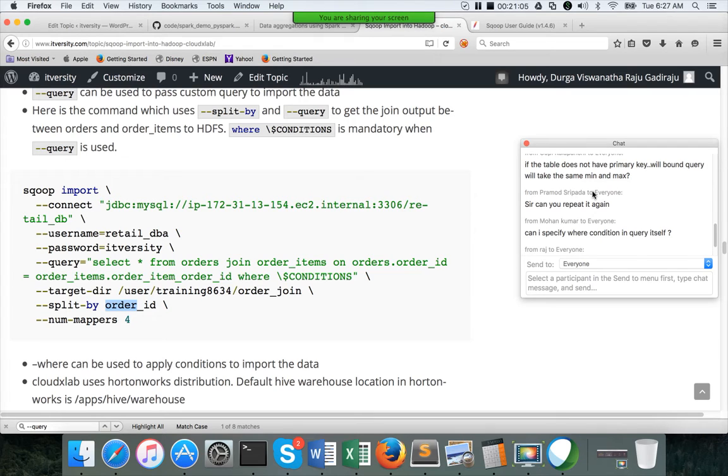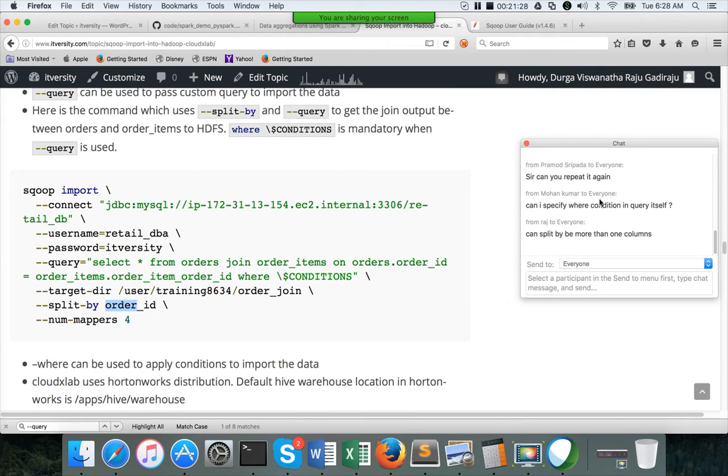You can apply the boundary query on any table, whether it has a primary key or not, and you don't even need to worry about the index. You can actually hard code it as part of the query also. So it has nothing to do with the primary key. Once you use boundary query or split by, the requirement of having a primary key goes away.